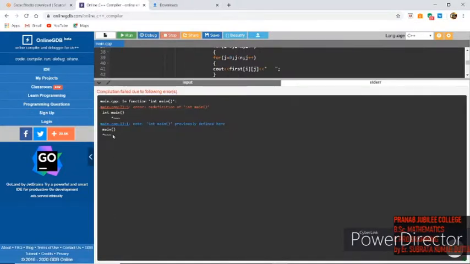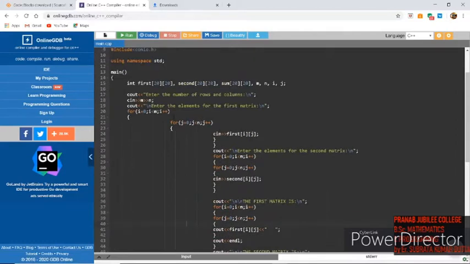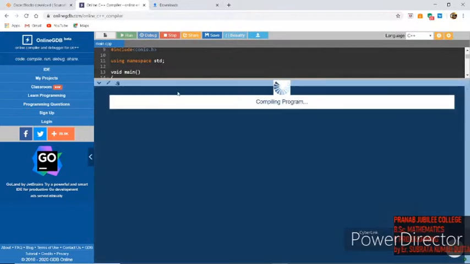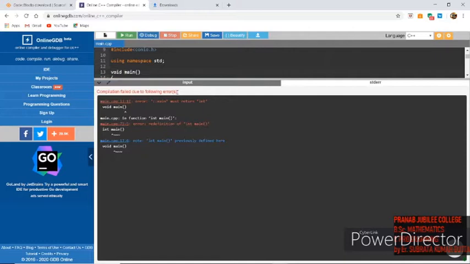So there is some error it is showing. Let's check the errors. Okay, the compiler is different, so the environment may be different. It's showing that main must return int.